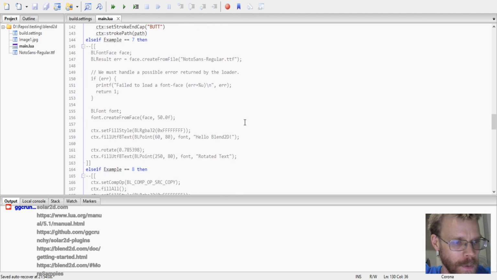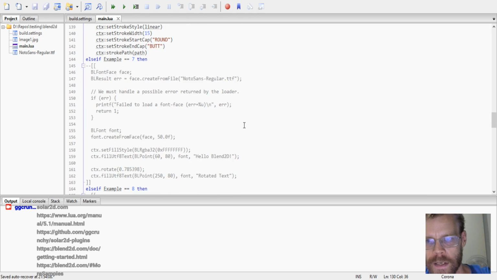We look through example 7. It looks like we'll need a font base and a font. I believe these are the objects we'll need. We'll need to extend rotate, and we'll need to add this fill view to UTF-8 text. I don't anticipate these being too hard. We have this font, which I grabbed and it's in the folder, and have some other projects that